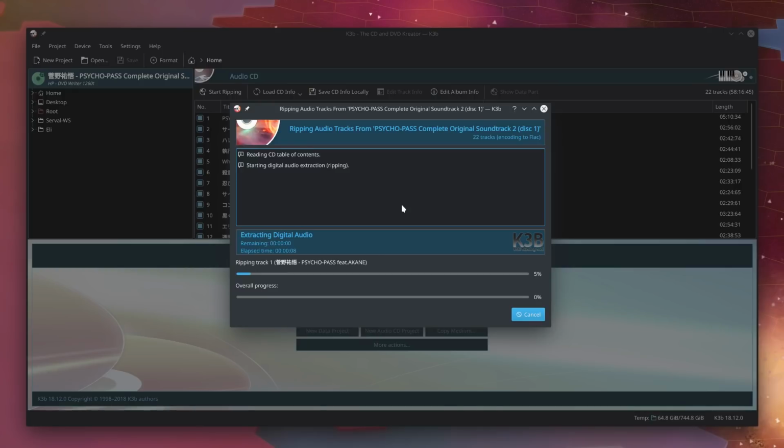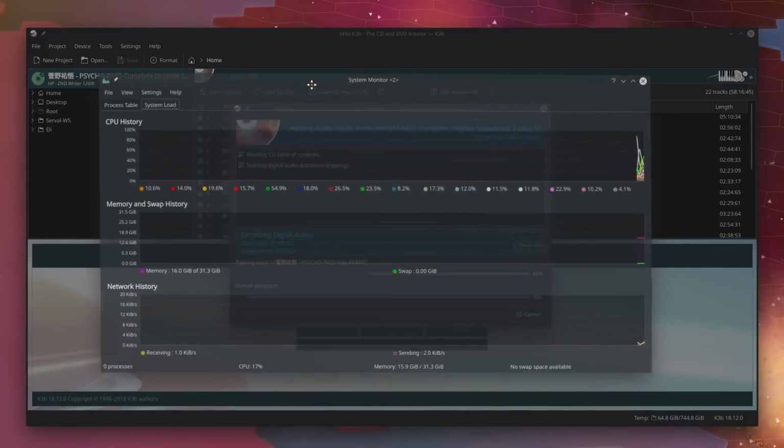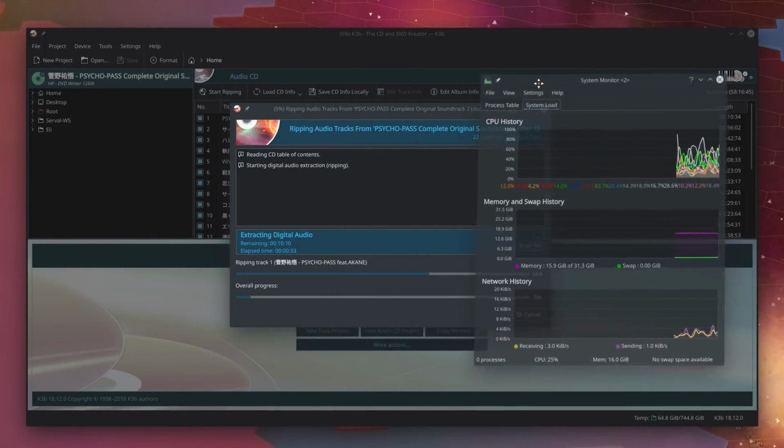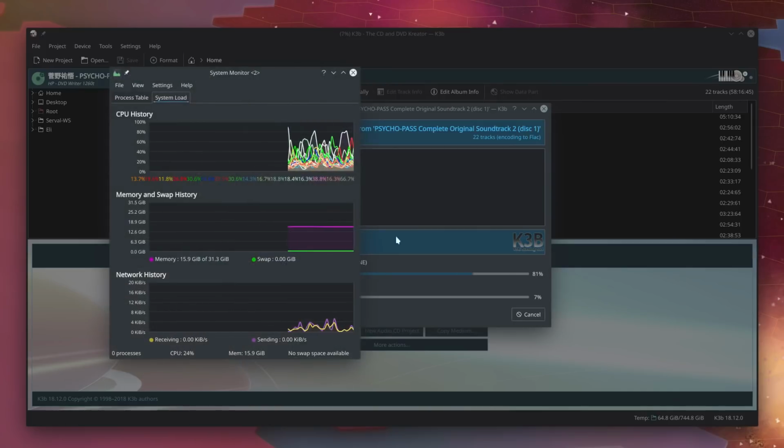It also does take a little bit longer for FLAC than it did for WAV because it has to compress the files into the FLAC codec, which takes a little bit of CPU power. Not a ton, but if I open up my system monitor right now, just because we have nothing else to do, you can see here, I'll move this to the side so we can see where that is relative to our percentage here in